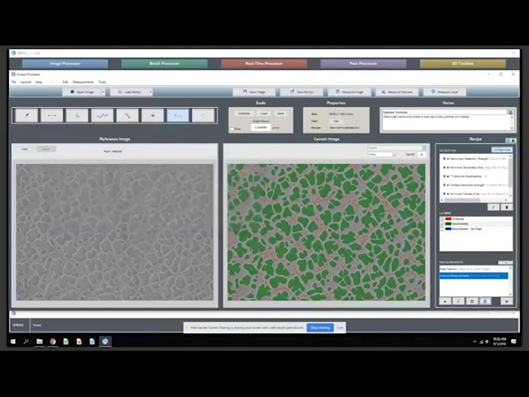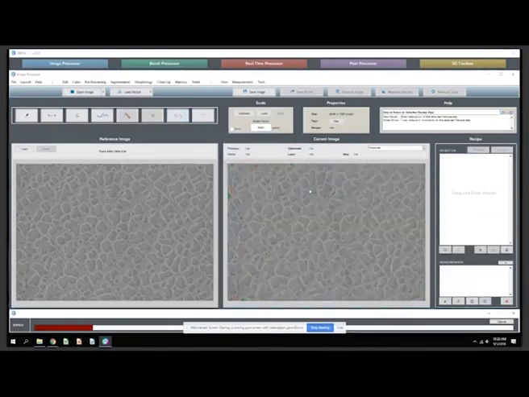So before we move into the life science section, I just want to hit on the batch processing capabilities, because NASA didn't just need this run on one image. And even though it's pretty simple to run this on other images, if you have more than 5 or 10, you're going to be looking at batch processing. If you wanted to run this on another image right inside of the image processor, you could simply just drag in another image and say reload, I'm not going to save my changes that I just made. And that's going to open the image, rerun the algorithm for you, and produce the same results